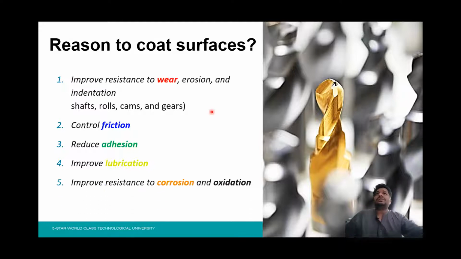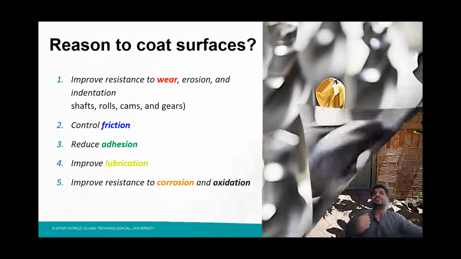Next is improving the resistance to corrosion and oxidation. In sheet metals, in the automotive industry, you want your car body to last longer. You want your piping systems to last longer. You want your gas turbines, your food equipment, your medical devices, your braces to last longer in your mouth without oxidation and without corrosion pressure. So these are the first five reasons that we do coating.